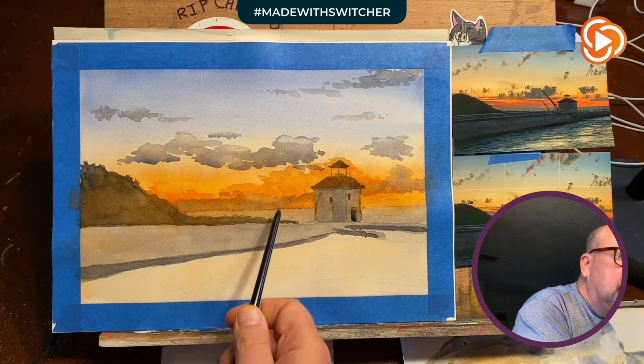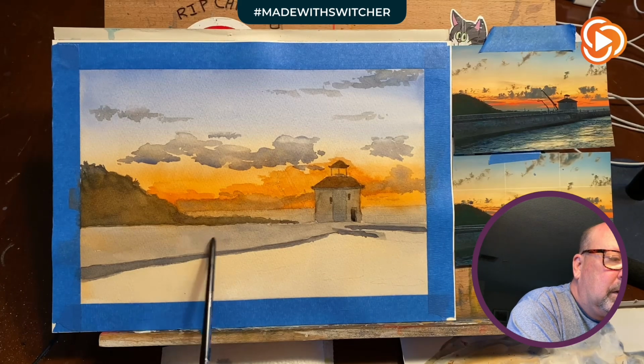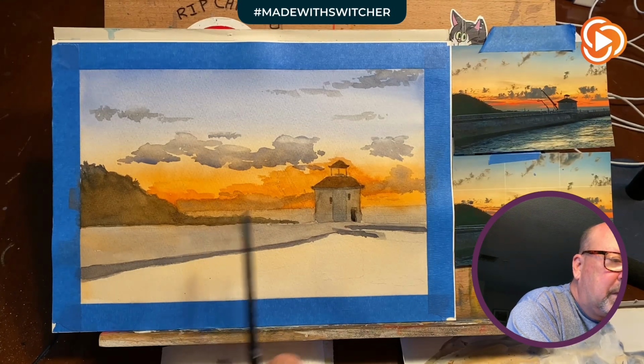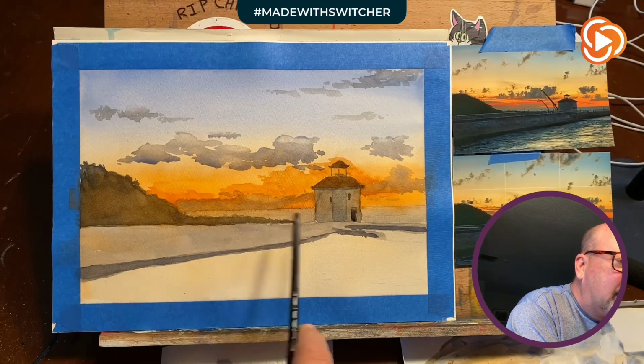Now let's talk about value for a second. This water can be a little bit darker, then the jetty is going to have to go darker. So those are our two moves. Because we have the railing here, I don't care if I connect the two at that point. I can even bring, if I have to, bring the dark of the landmass over. Maybe I might even throw some people in there. So I'm going to get,